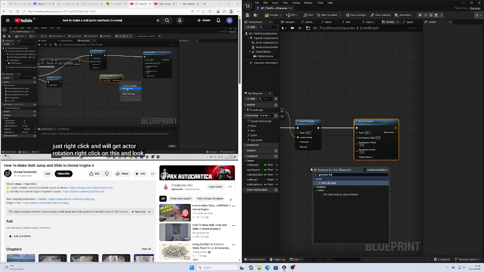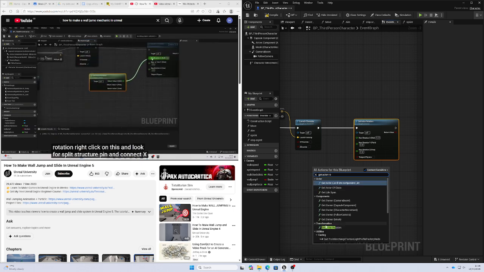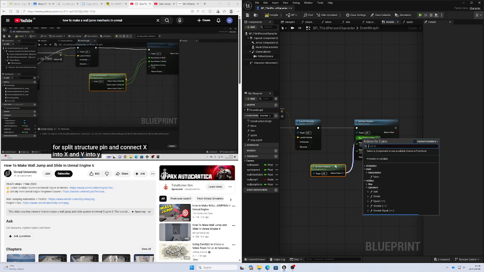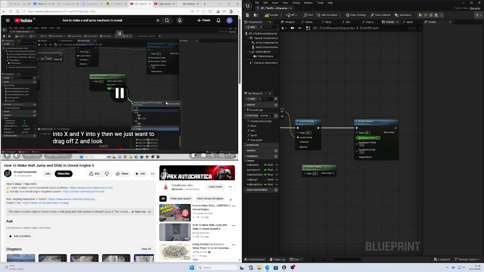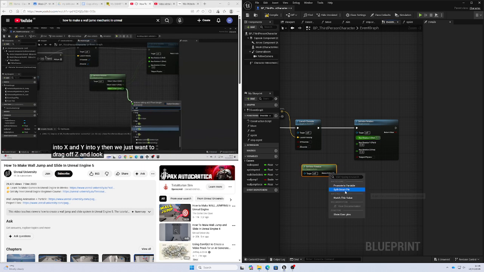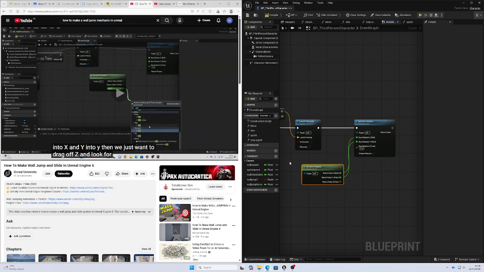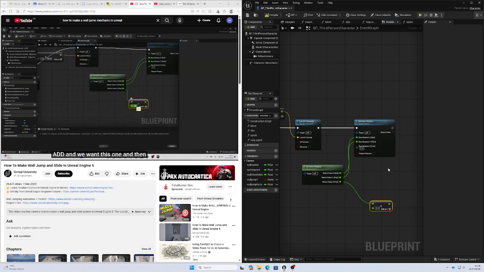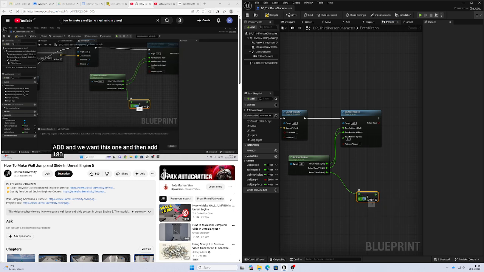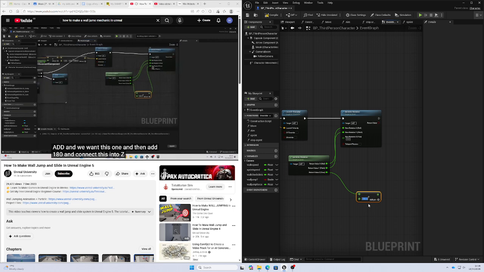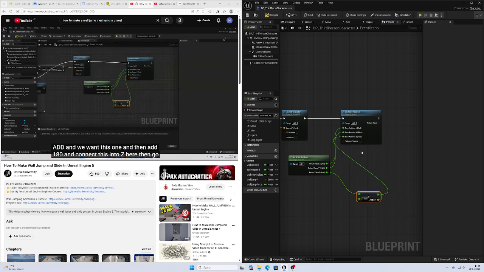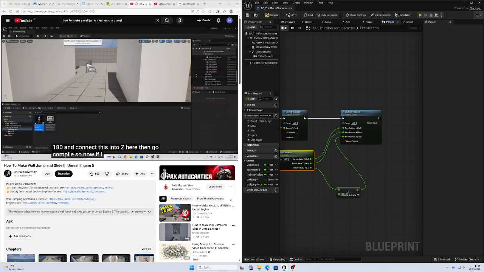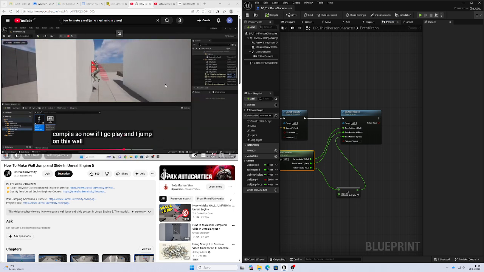Right click on this and look for split structure pin and connect X into X and Y into Y. Then we just want to drag off Z and look for add. And we want this one, and then add 180 and connect this into Z here. Then go compile. So now if I go play and I jump on this wall, then I press spacebar,